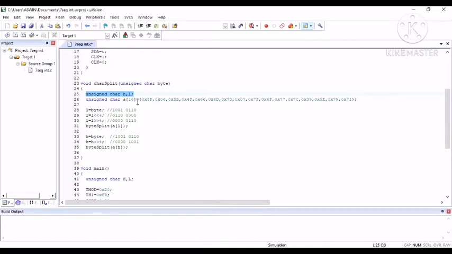We are also using an unsigned character array of 16, which holds the hex values 0 to F, which should be displayed on the 7-segment display. So next, L is equal to byte. The lower byte value is designated as byte, which is given to L, and L is equal to L left shift of 4.